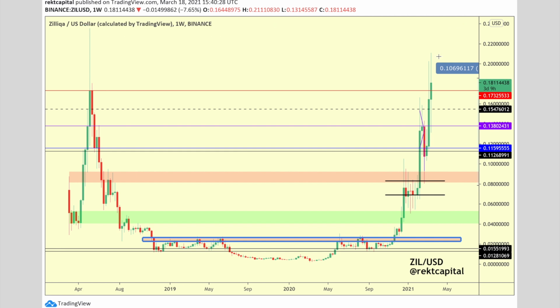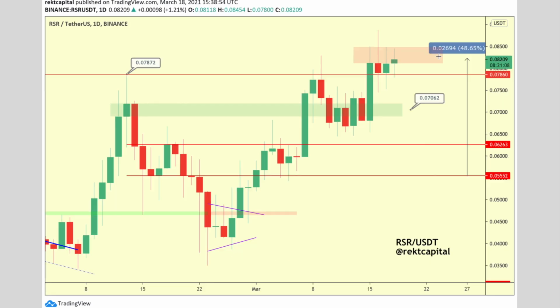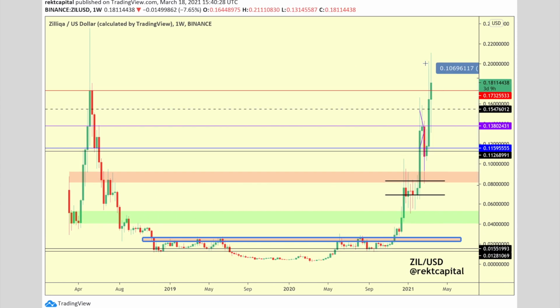So having said that, which is the better setup? Is it Zilliqa or is it RSR? RSR has only this major resistance to break before revisiting and equaling those new all-time highs, before breaking into price discovery, where sky is theoretically the limit. Zilliqa, on the other hand, has a very interesting market structure developing here, a multi-year U-shaped reversal on the cusp of breaking out, potentially confirming this breakout right now, with a few key resistances ahead of it before that price discovery. So which is the better coin for maximum